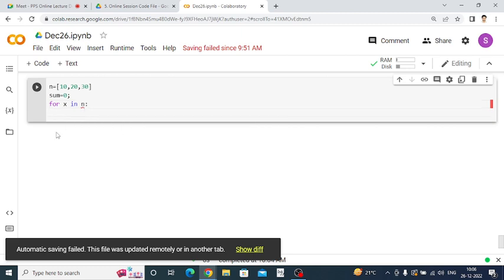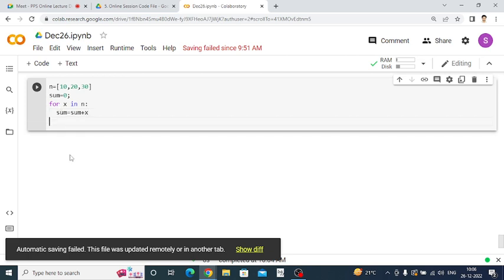Give indentation and calculate the sum. sum is equal to sum plus x. So x becomes 10, so 10 plus 0, sum updated. Then it will access 20, so sum plus 20, then 30, sum plus 30, and it is stored inside sum again. And after the end of the for loop,